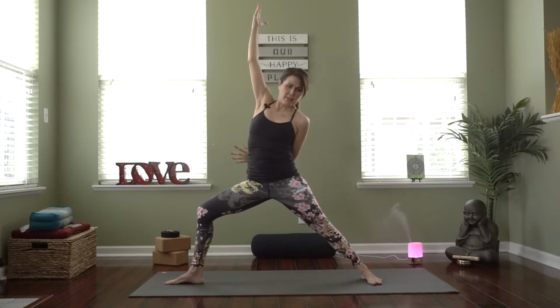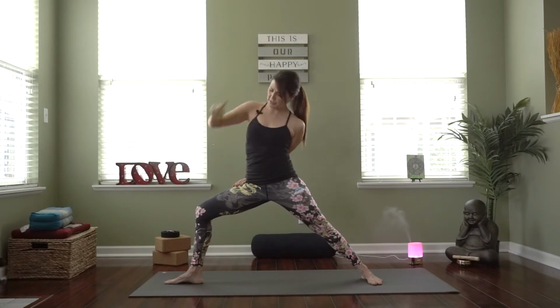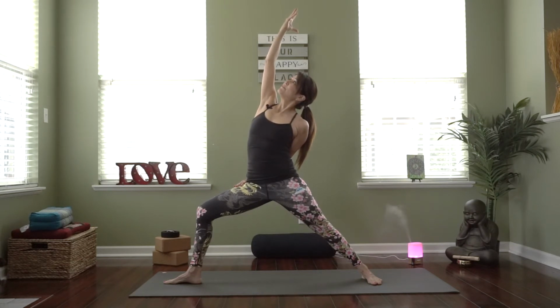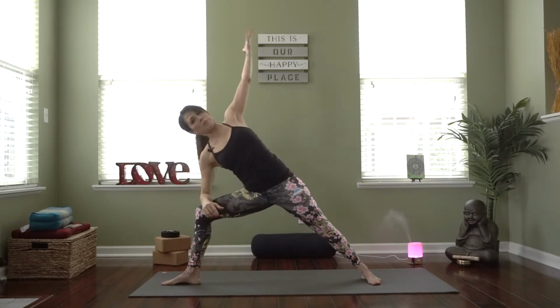Okay, if you want to bind, left arm comes behind. Reach up and over, stretch, press the inside of your knee towards the right toe to open up a little bit more through that right leg. Good, breathe in. Exhale, right elbow to the top of the right thigh, left arm up and over the ear,